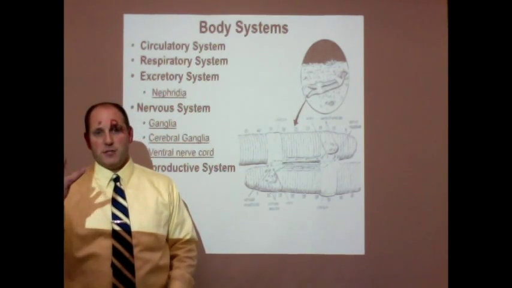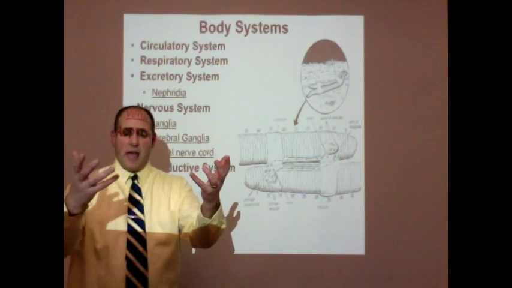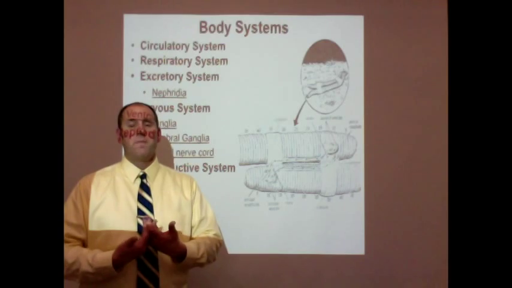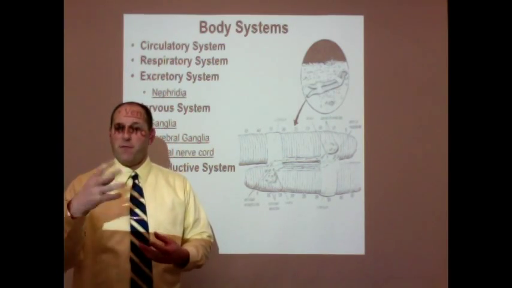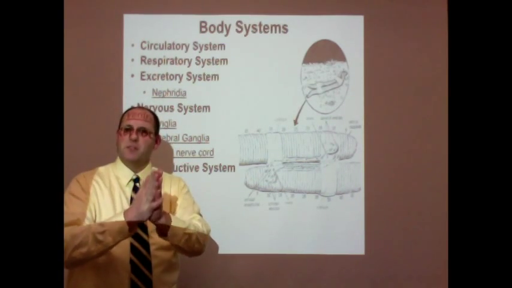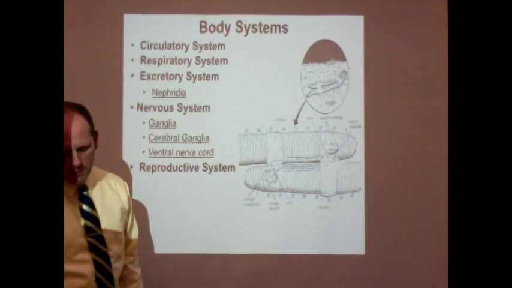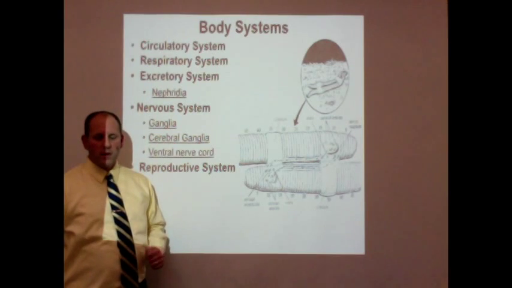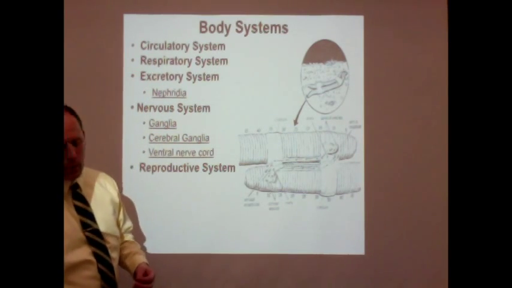So if we had males and we had females, and two males bumped into each other, they wouldn't be able to reproduce. Two females bumping into each other wouldn't be able to reproduce. But if each has both, when they bump into each other, they are able to reproduce. However, these guys are unable to fertilize themselves. So, when two worms meet,